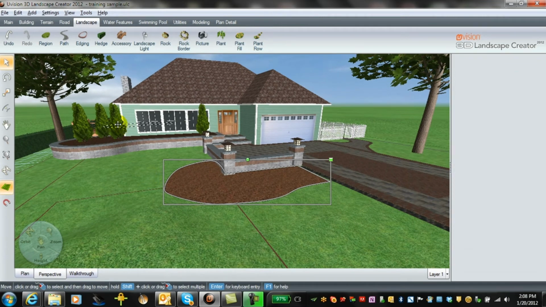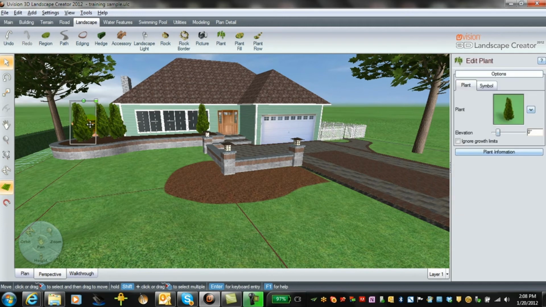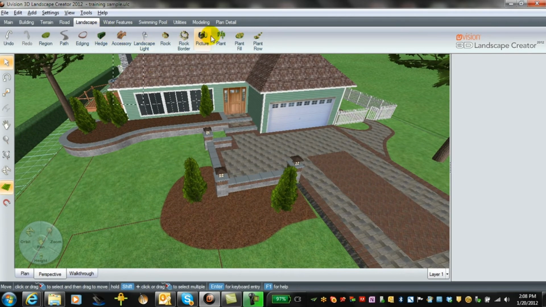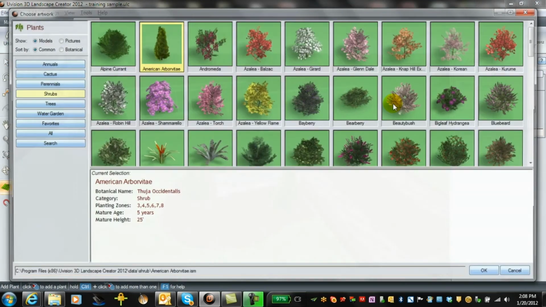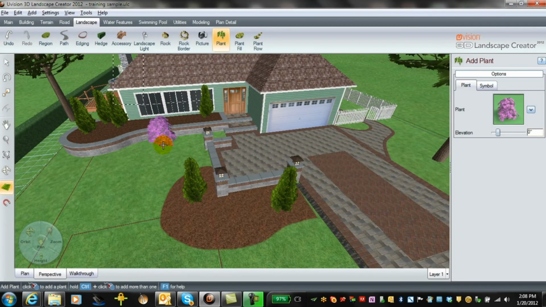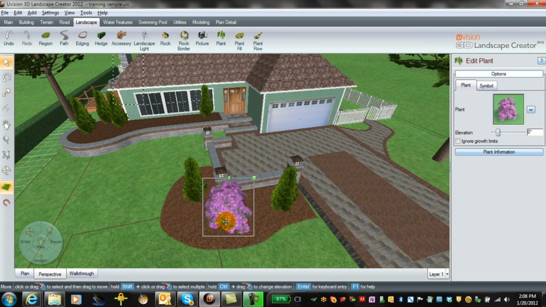We're ready to put in any other plant material again. So let's pick another arborvitae here, and we'll just get them placed in, and we'll put another one in here. Then we'll open up our plant menu again, and we'll get over to the flowering shrubs. We'll put in some azaleas for some color,